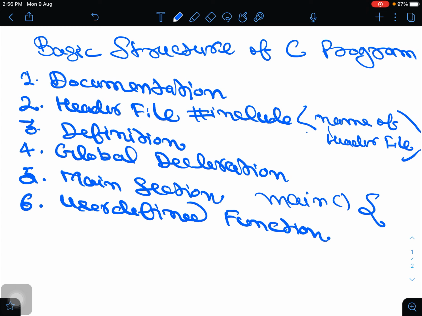Here the user can define his own function, whichever type of operation he wants to perform. So we have mainly 6 parts.